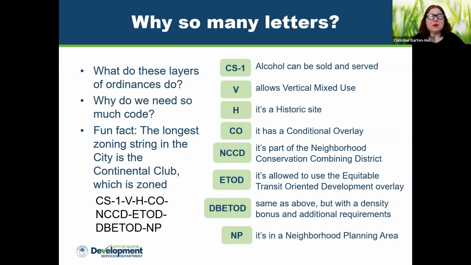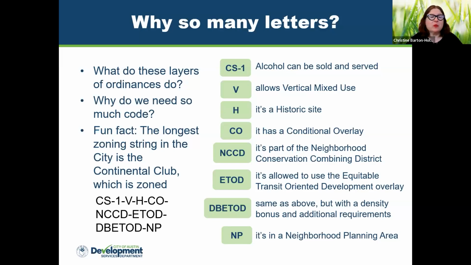So it is a real alphabet soup of zoning letters, and they all mean something. They all are short for something or indicate additional requirements and have different uses and purposes. So fun fact, the longest zoning string in the city, at least as far as I know.